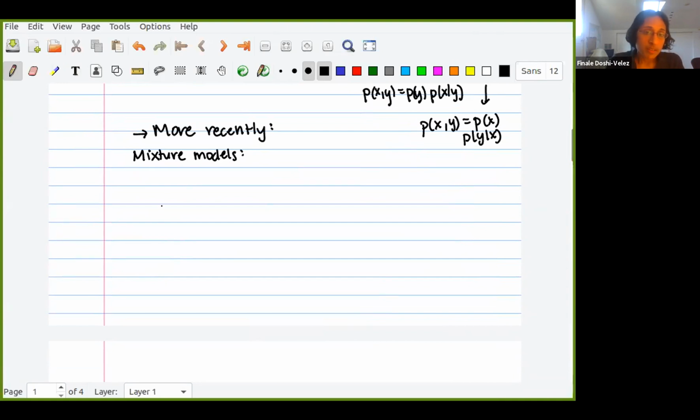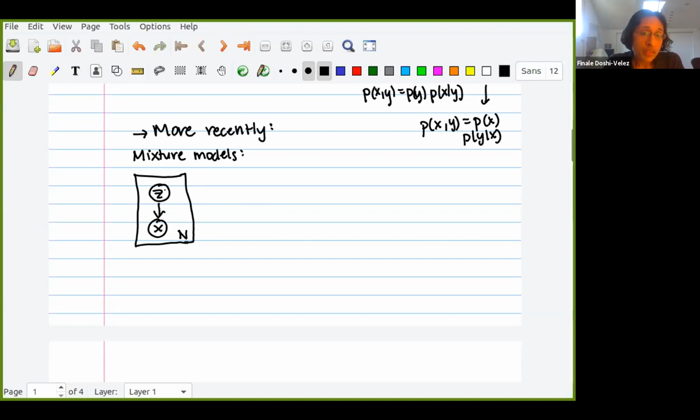So in our mixture models, our idea was that there were some hidden Z's that were generating the X's. And now I'm going to introduce a bit more notation. So this is called plate notation. So when I put a box around this part, I mean that it's going to be repeated. So for every element in the data set, there's some Z, and it's producing some X,